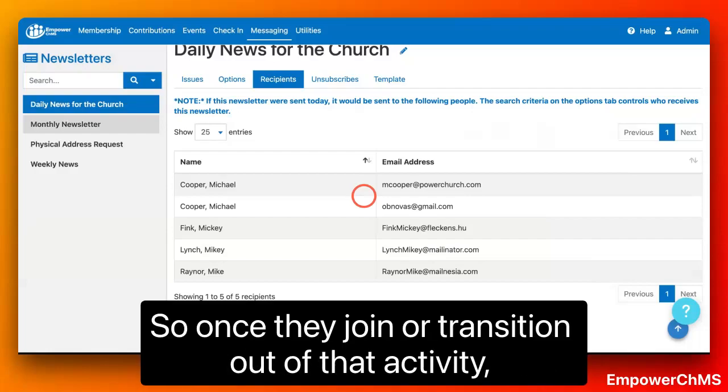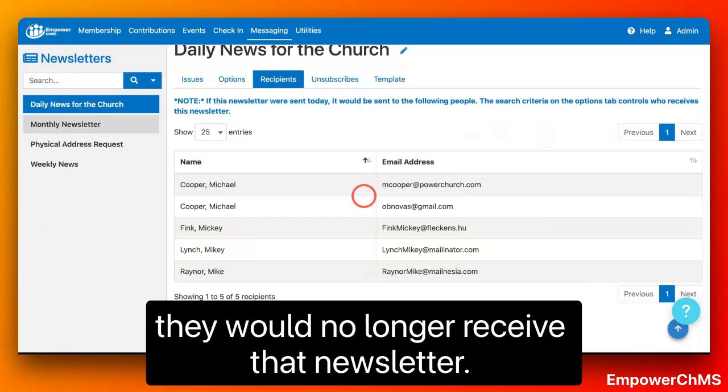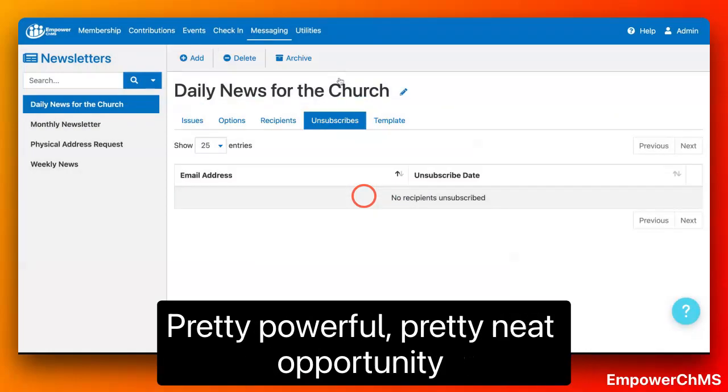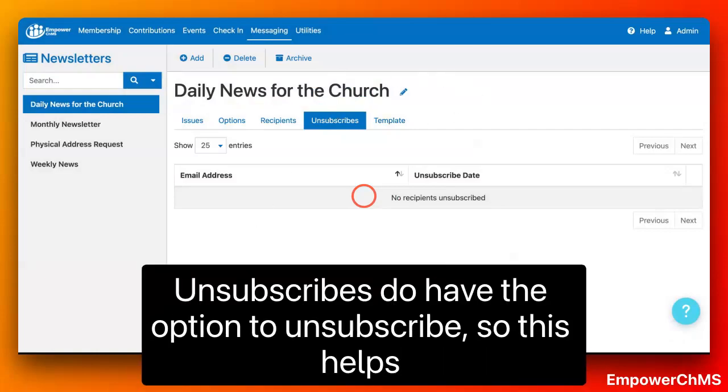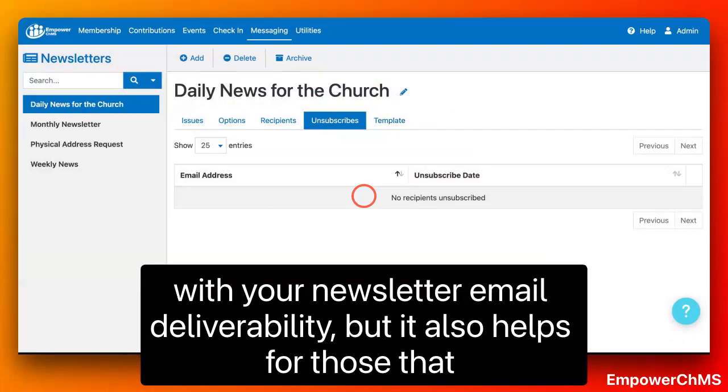So once they join or transition out of that activity, they would no longer receive that newsletter. Pretty powerful, pretty neat opportunity for you to communicate with your congregation. Unsubscribes, they do have the option to unsubscribe, so this helps with your newsletter email deliverability, but it also helps